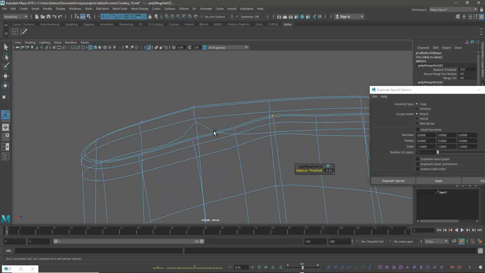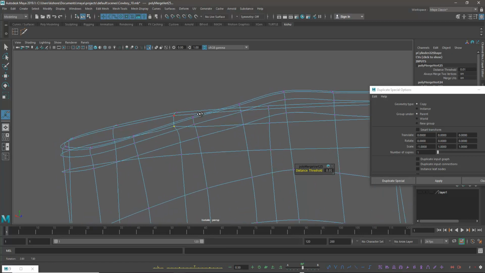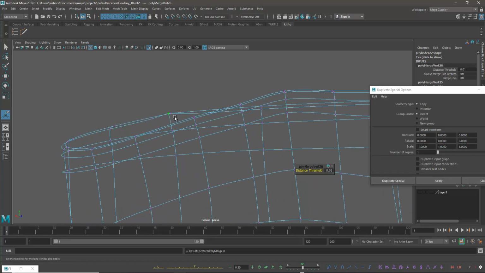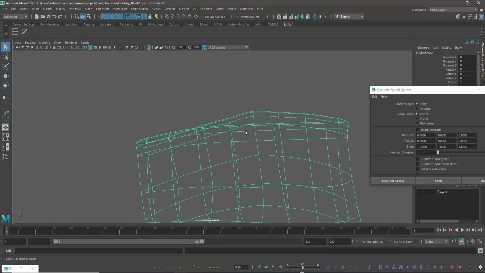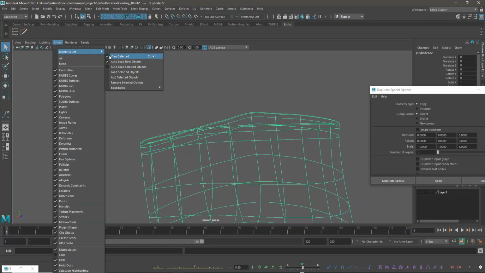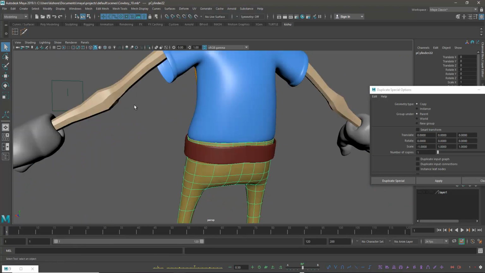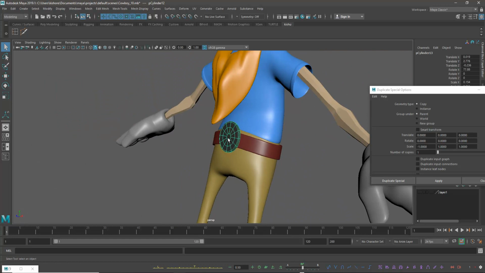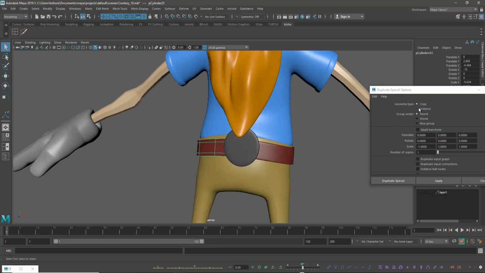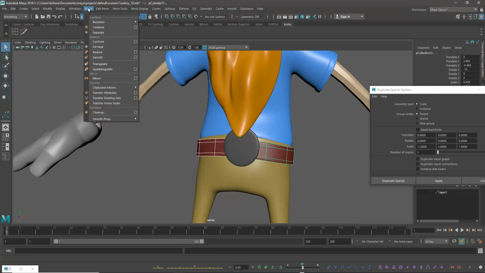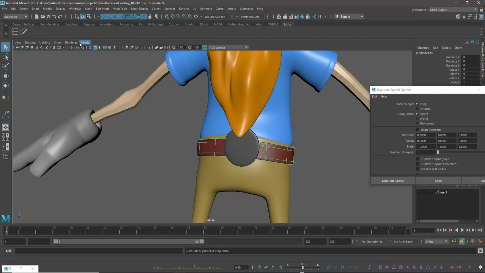Same here also. I'm clicking G, last command, merge. So done, and the belt has only the buckle. For the belt, delete one side and on the other side again take duplicate special, the copy we have taken, combine, isolate, Control 1.